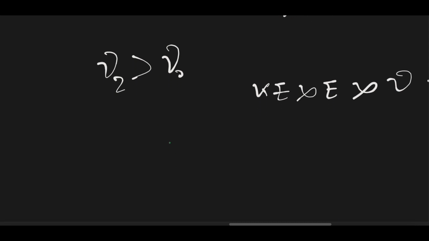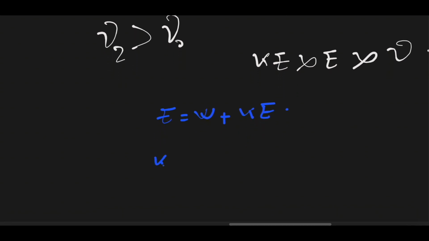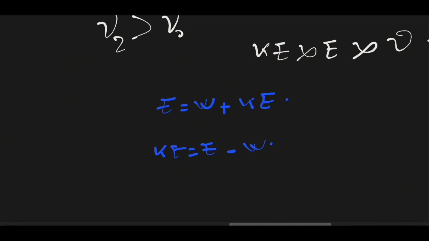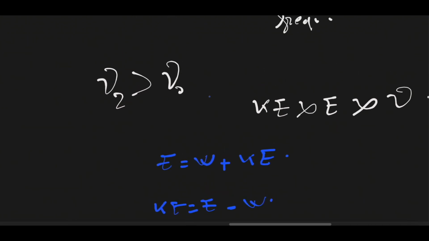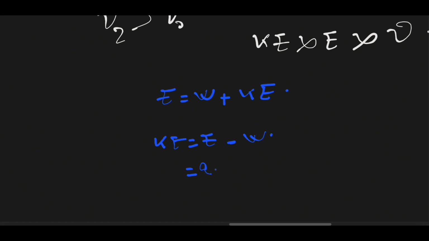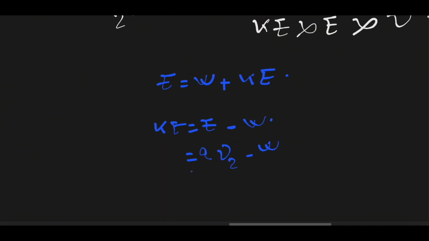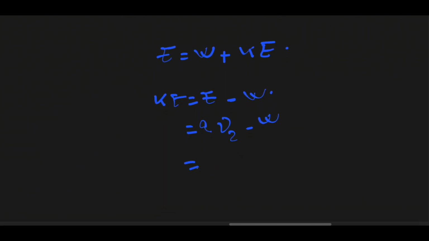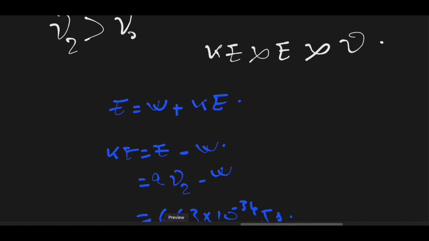So here we have the relationship that relates the energy of a photon, which is equal to the binding energy or the threshold energy plus the kinetic energy. So here the kinetic energy is equal to the energy of the photon minus the binding energy. And this photon has a greater frequency, so the energy is equal to h times the frequency nu 2, minus the work function. So we have only to calculate this part, which is equal to the Planck's constant, and here we have this frequency,